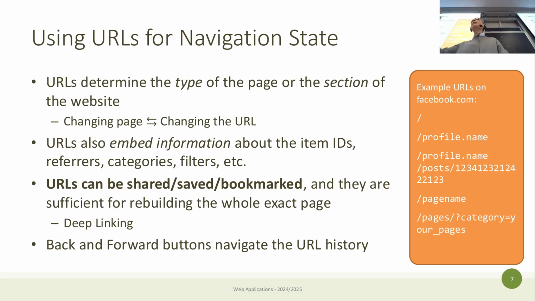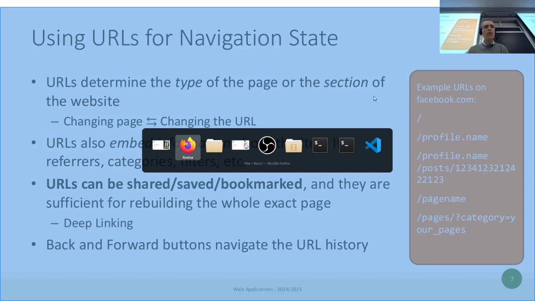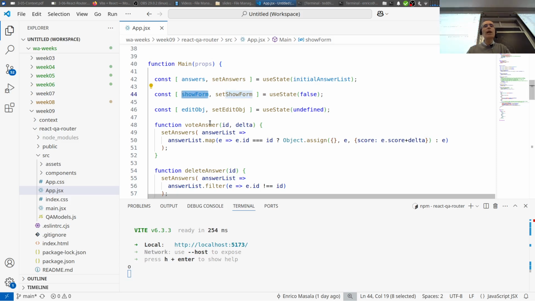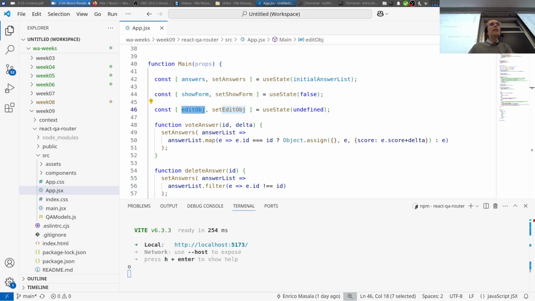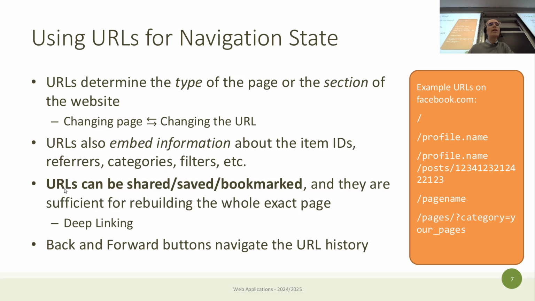And that's again something that is a state of your application. Exactly what happens here. We have the edit object. In this case, we have the object and not the ID of the object we would like to add or edit, but the principle is the same. It's a state of the application. And the nice thing of having it on the URL is that the URL can be shared, saved, bookmarked, and so on. And it should be sufficient for rebuilding the whole exact page,